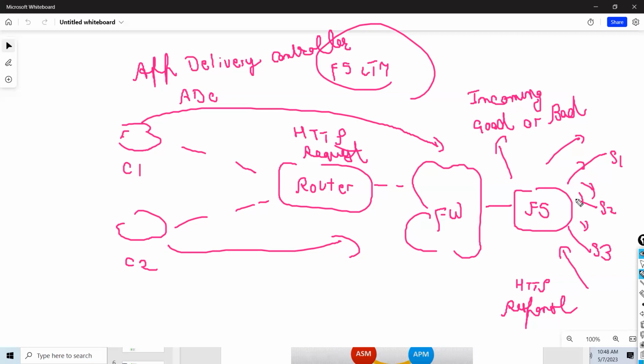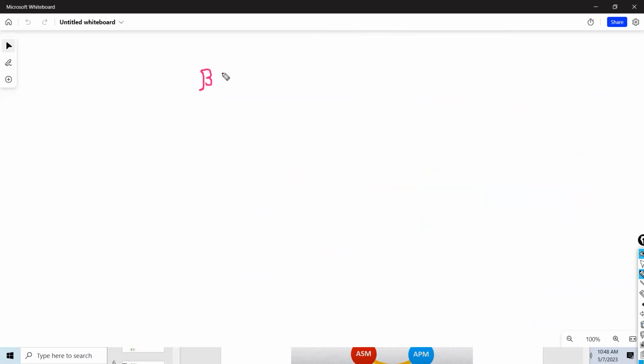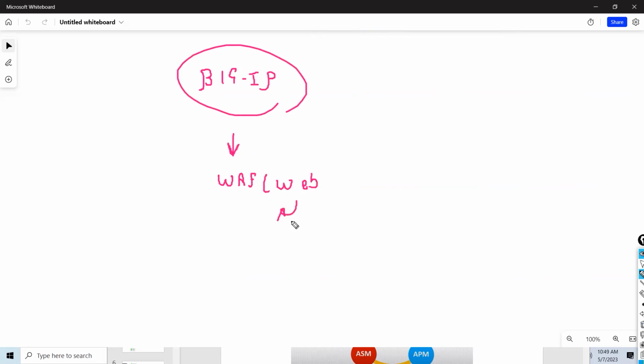I don't think so. Because a load balancer is just to distribute the traffic across multiple servers. I want this HTTP request to go to server 1. I want this HTTP request to go to server 2. I can only do this. My question is, does it provide security? Does it check incoming traffic? No, guys. So in that case, there is a Big IP product which is called WAF, Web Application Firewall.